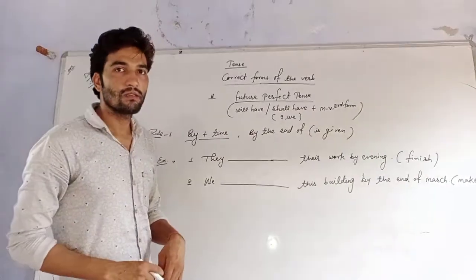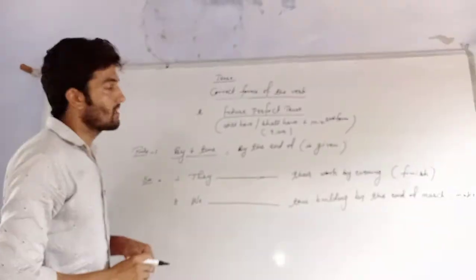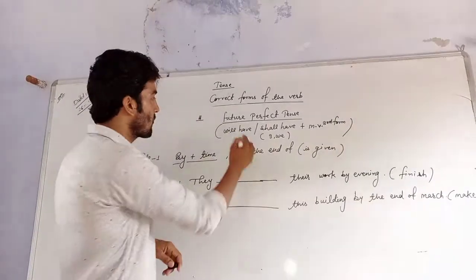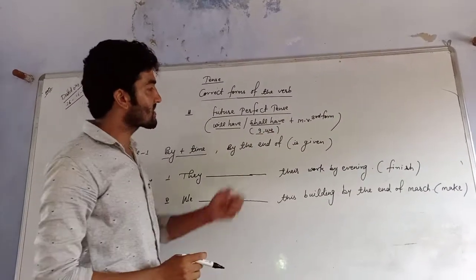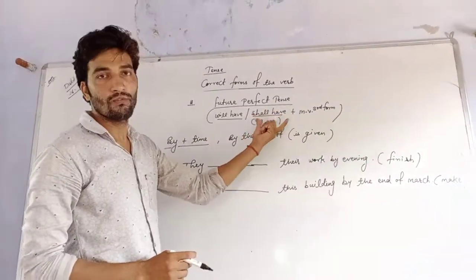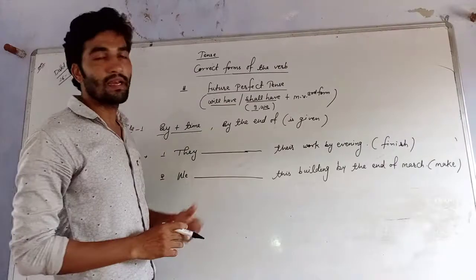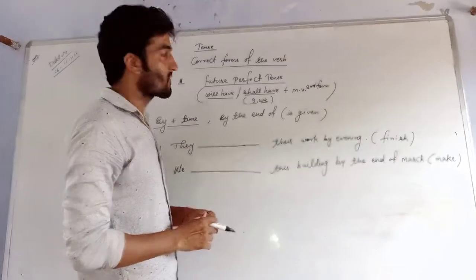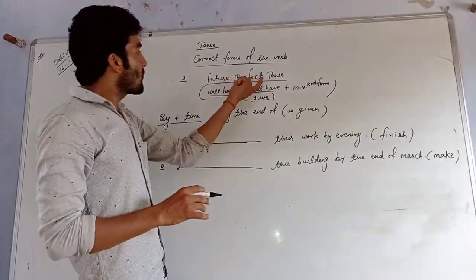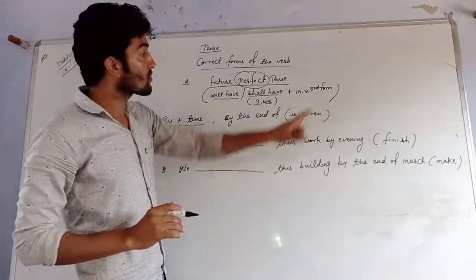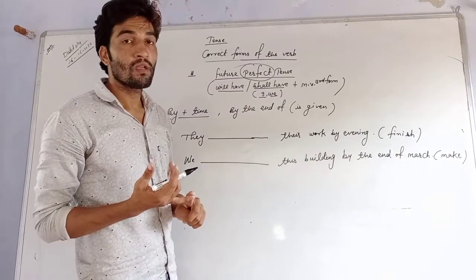The next part is future perfect tense. Future perfect tense has two helping verbs, will have and shall have. With subjects I and we, shall have is the helping verb, and with other subjects will have is the helping verb, plus third form of verb. Always remember beta, with perfect tense the third form of verb will be used. With continuous tense, first form of verb